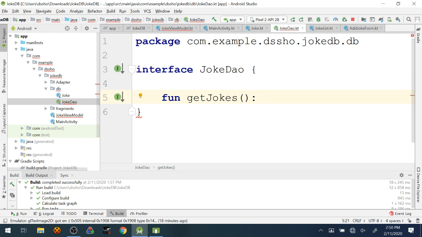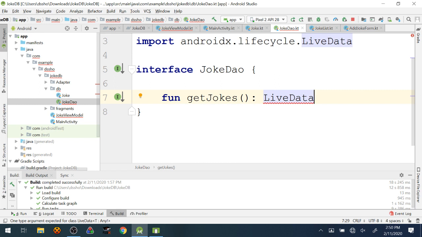And what's the return value that I expect to get here? Well, here's our good friend LiveData. We saw LiveData last week. We're going to use LiveData again this week for the same reasons that we used it last week. What are those reasons? Anybody remember what the advantages were? If the data is changed while you're using it, then your application will be updated. Yeah, that's probably the top of the list, right? We can put an observer on that will fire off anytime that the data changes, and then it will automatically update based on that data change.